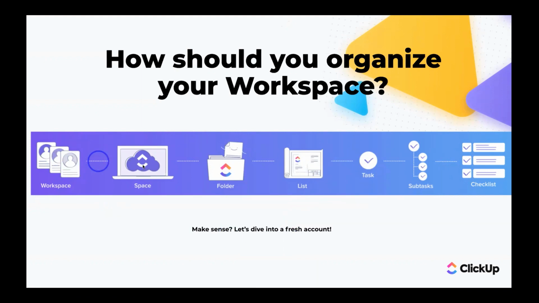Similarly, when you have a workspace, you must divide it up into spaces. Think about the spaces as potentially different departments at your company. You might have a sales space, you might have an accounting space, you might have a customer service space, right? Or spaces could also be perhaps high-level cross-functional initiatives that you want to have other people being able to see, right? That's okay too. You can do that. Some companies I've talked with also might use spaces particularly as their clients, as their customers, as those people who pay them money. That's also a possibility. Again, folks, this is the idea of being flexible. We want to be less opinionated, allow you to do what you want to do. But generally speaking, you take that workspace and you divide it up into spaces.